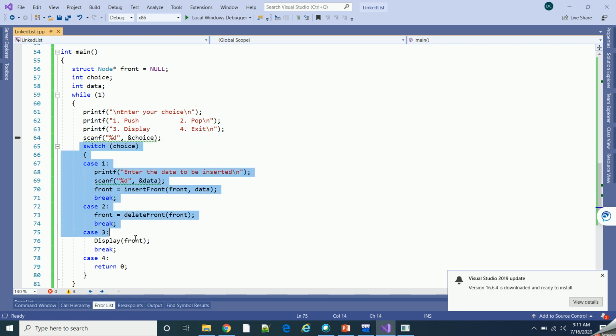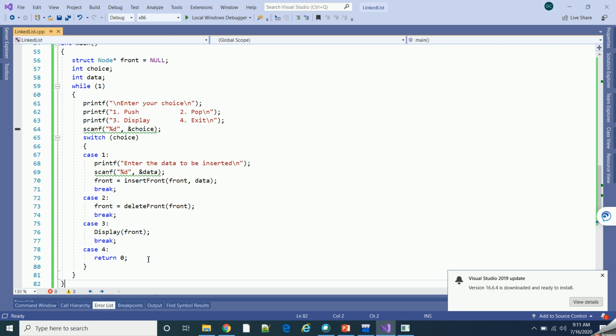Here you are using a switch case where, if he enters 1, it will perform an insert operation at the front. For 2, you will delete the element, for 3, you display the elements, and for 4, you are simply returning, meaning exiting the code.